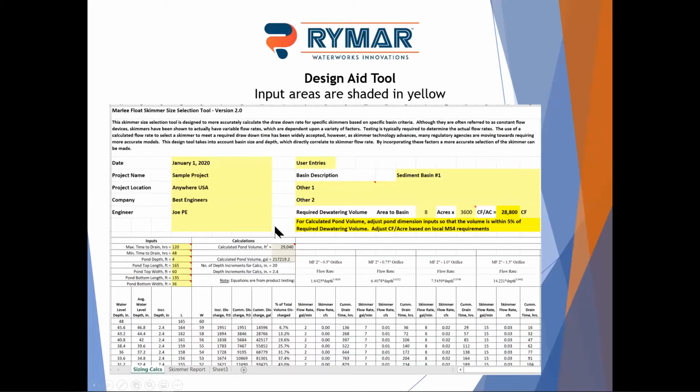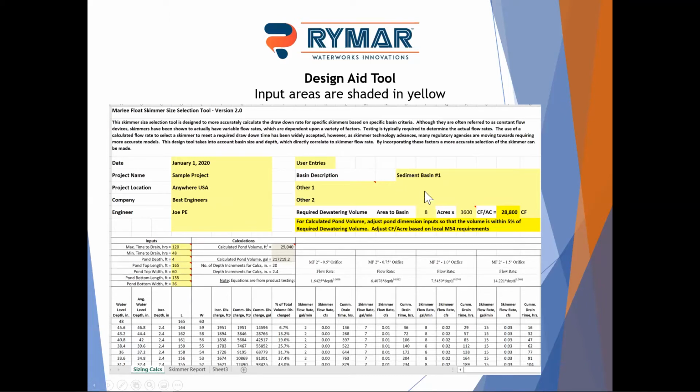So to help you with your basic fundamental skimmer basin design, we have created two simple Excel design tools. These are both available on our website, and they're free to download, no login or sign up required. And so we'll go through those pretty simply. First one is for a skimmer basin that does not have a permanent pool. So we give you your date, project information, company information that you plug in here. Your basin description. We give you two other lines just in case you feel the need to say something else,